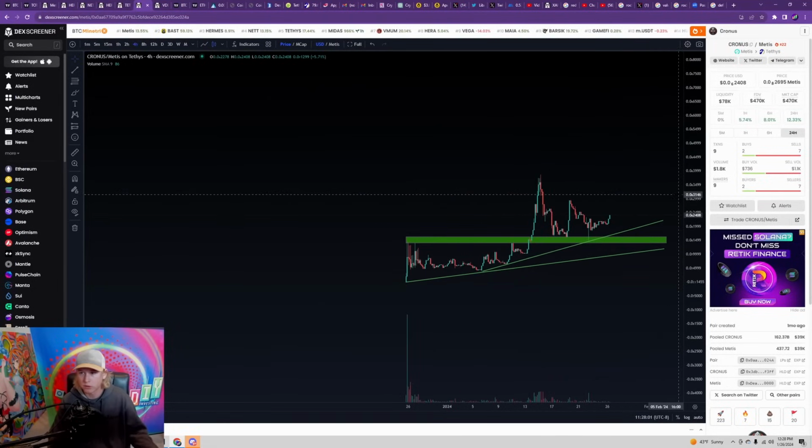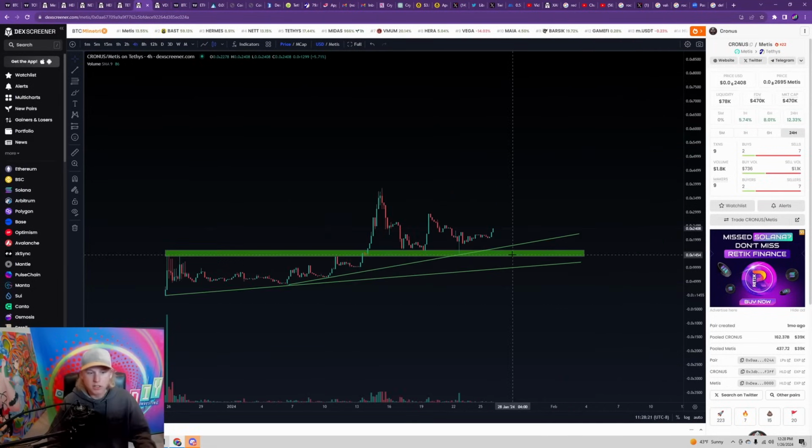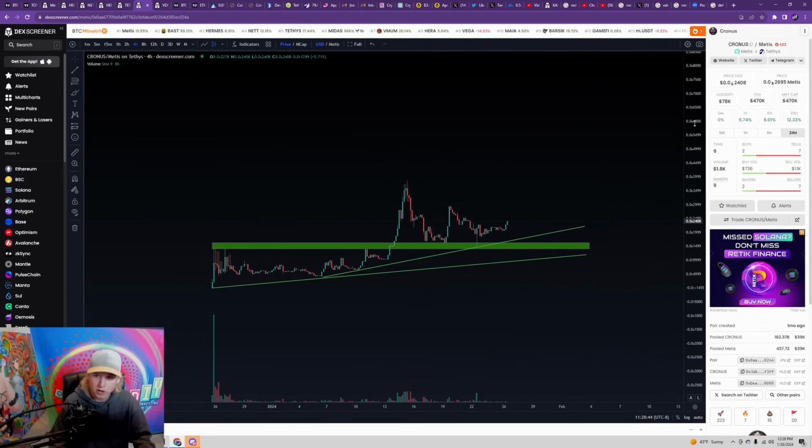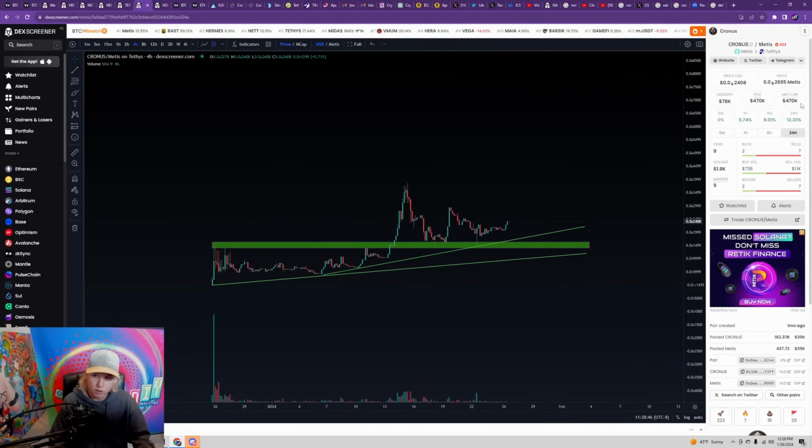Cronus is the first reflection token built on the Metis chain. So basically, by holding Cronus, you get Cronus airdropped straight to your wallet. It's a reflection token, meaning that they take a fee off of the market. There's a buy and sell tax. That buy and sell tax goes back to the holders themselves in the form of Cronus. So it's actually a way that you can make more Cronus by holding it. As people buy it, as the volume picks up, you actually make more Cronus as it's going up at the same time. So these things end up flywheeling pretty crazy a lot of the time,